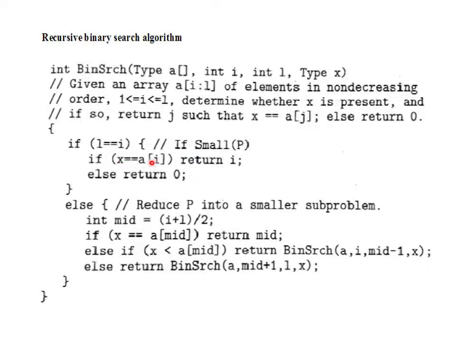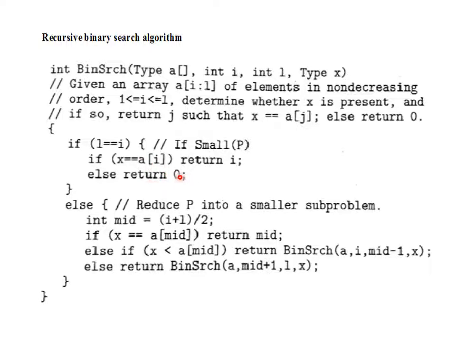If this condition is true, you return the value of index i, or you can return l, because the list contains only one item, the search item is equal to that item, and it is stored in the first index value or subscript value. So return i. And if the list contains only one item and this condition is false, then it returns 0. It stops. No need to search or proceed further, and it returns 0.